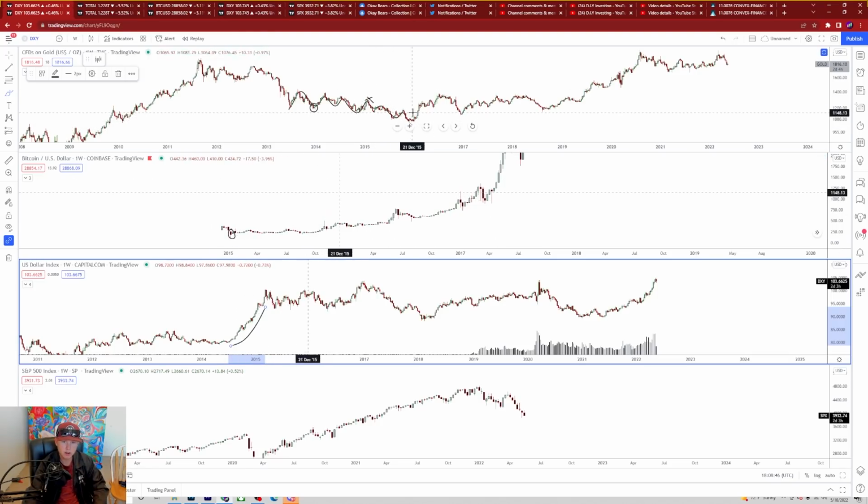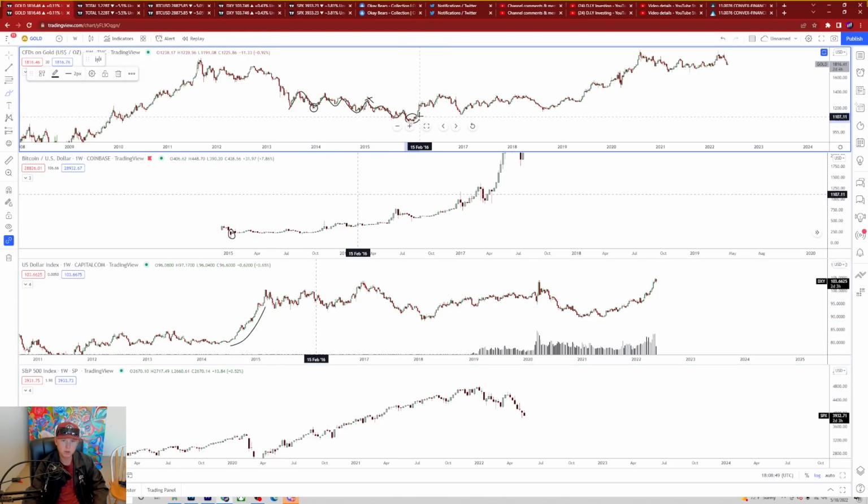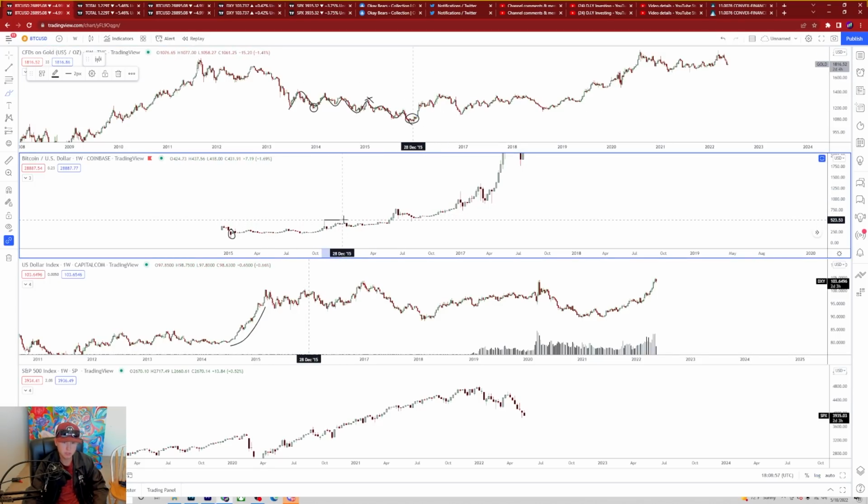And so if we come over here, this is actually where gold bottomed. It made its all-time low December 14th of 2015. And it was during that period that Bitcoin actually topped from its breakout point and started to go through more of an accumulation phase. Bitcoin went through more of an accumulation sideways phase as gold started to bottom and break out. And at the very bottom of this breakout for Bitcoin, at the very bottom of its bear market, we actually see that they both